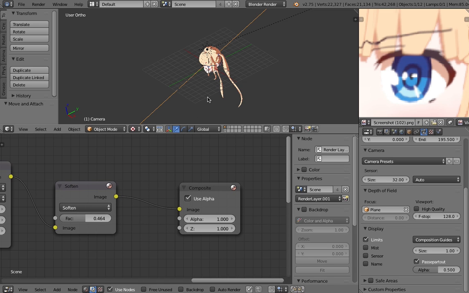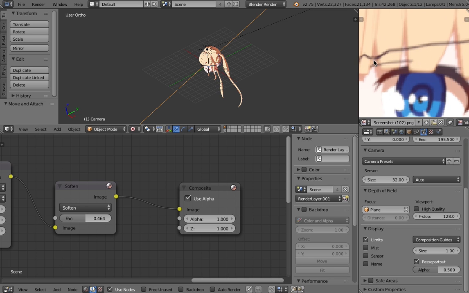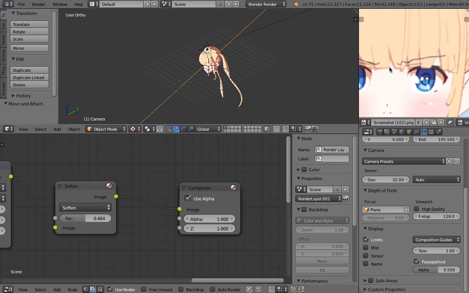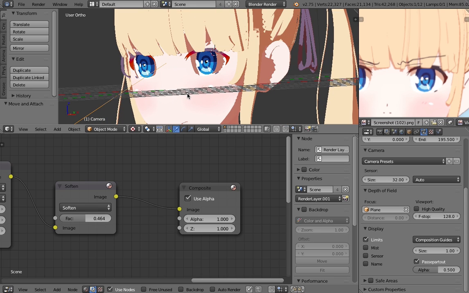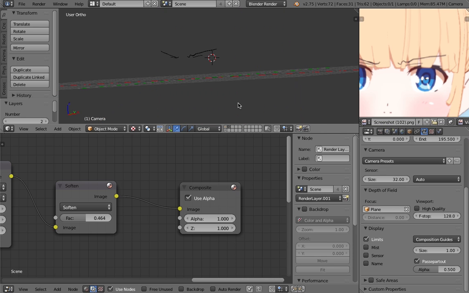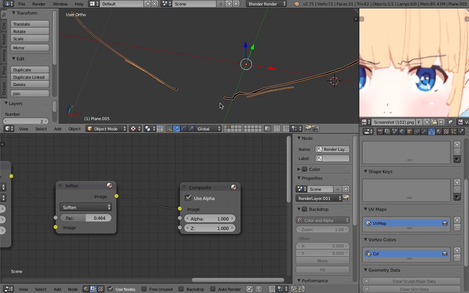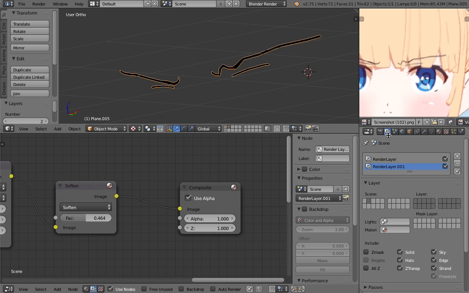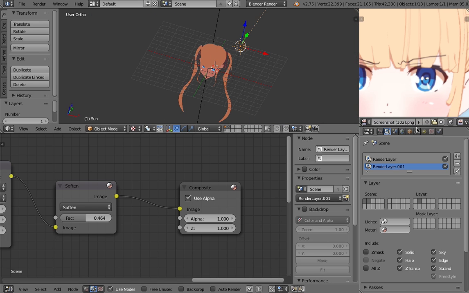Now, one more thing you want to know about it though is, did you notice the eyebrows, how they're on top of everything else? This is how I do it. There is my first layer, and there is the face and everything on it, and then there's the second layer with just the eyebrows. And if you look here in the second render layers tab, there are 2 render layers. You just add a second one and make sure the settings are like this. So here you have the first one, here you have the second one only. And then when rendering it, make sure you have first and second layer selected, and